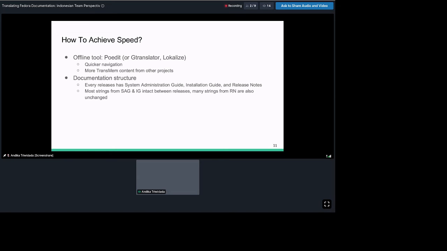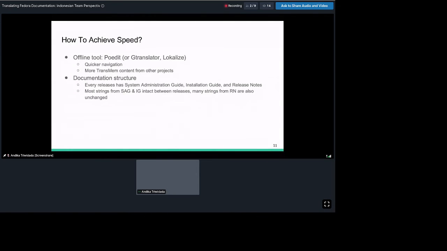Maybe 80-90% is identical, and the rest maybe not. They may only have small changes, so you can still use the previous version of the strings as a starting point and just edit several words in the new release.